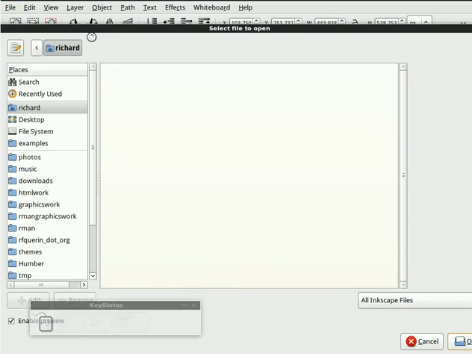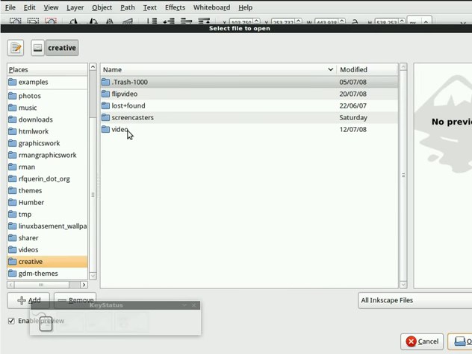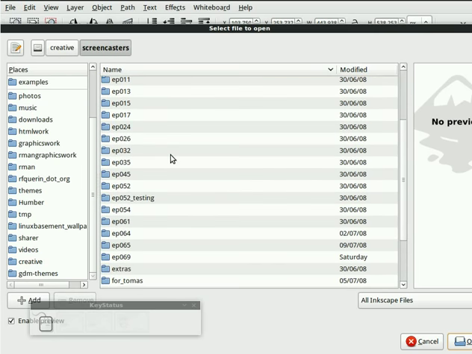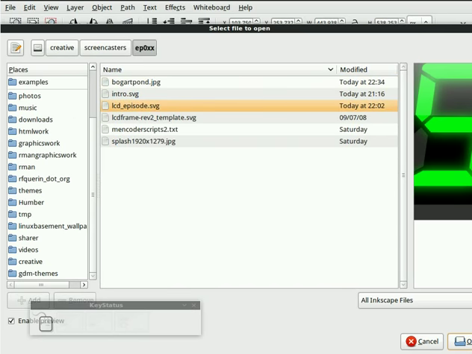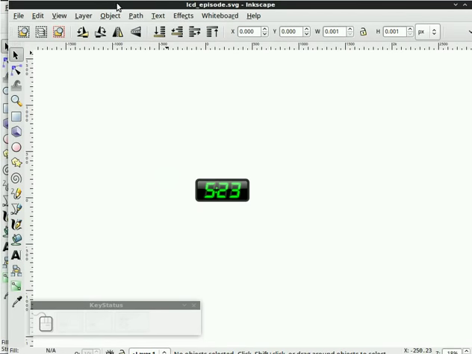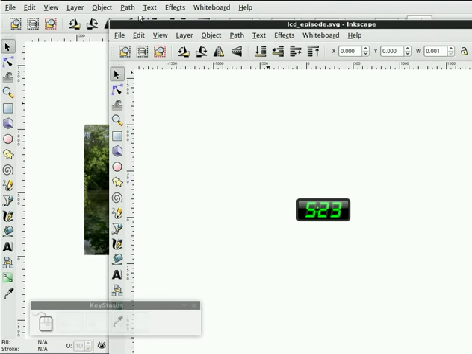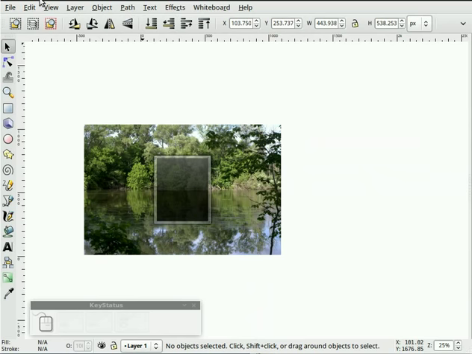to, let's see if I can find it here. I think I saved it in this folder. Yeah. So this is the SVG file I created when I was doing the screencast on LCD digits. So you can see that I've got two Inkscape windows open now, and what I can actually do is window the objects I want to take, edit, copy, and then in the first instance say edit, paste. There they are here, and now I can adjust them